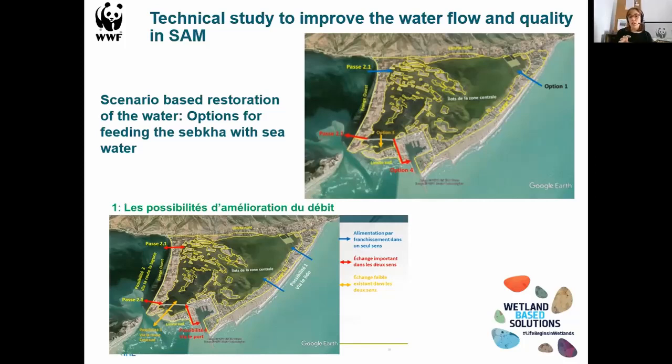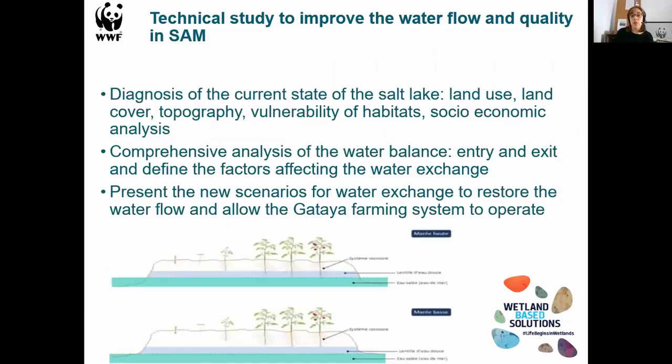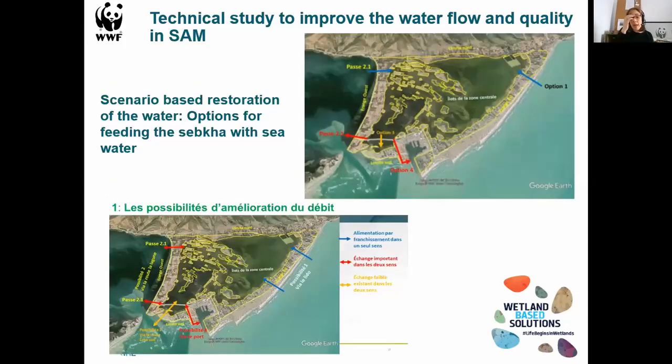This water exchange was dysfunctioning now because of the building of the road, the building of the harbor. And we are at the phase now of presenting all the different scenarios and exchanging about the ideas that we are presenting and how the different actors and the different stakeholders are responding to that. We hope that eventually we will end up defining the scenario and